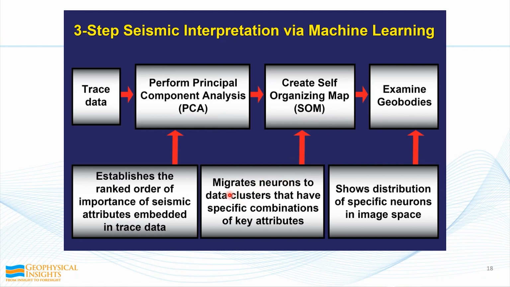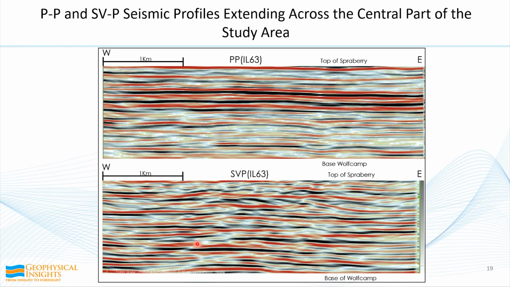I mentioned natural clusters. I really should take that word data out and replace it with natural, because data clusters probably best refer to the input data that generated all the attributes. And so this is an intriguing creation here that, when we're going to be looking at what these neurons create in the data that are describing the Midland Basin turbidites here. Again, just to refresh here, what we looked at as the